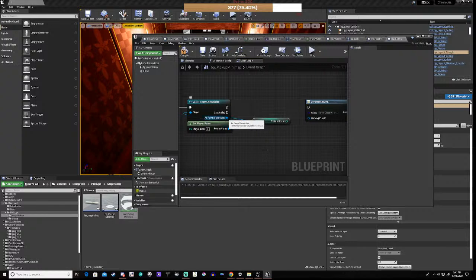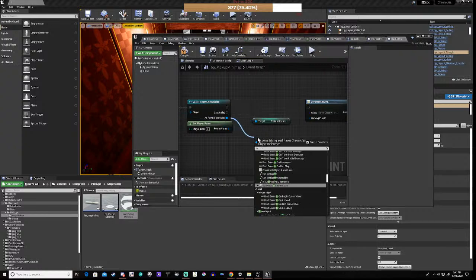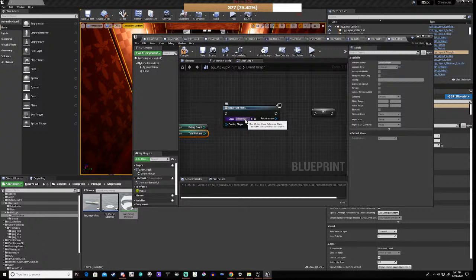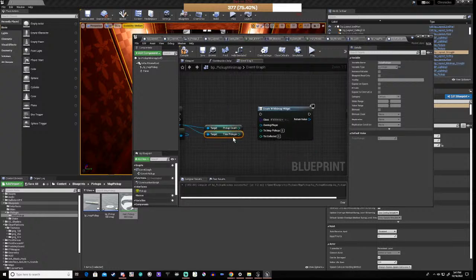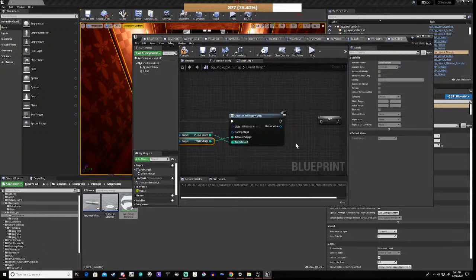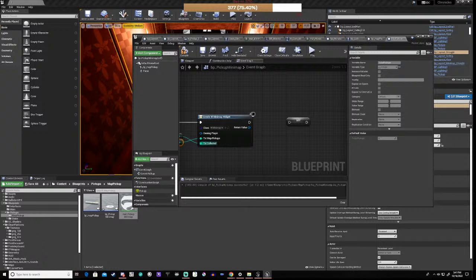Delete that. Then total pickups, and you'll see why we're doing this in a moment, because we're going to do that, and then we're going to do collected and that. So that's going to update immediately our minimap with the number of pickups we have. Okay, then